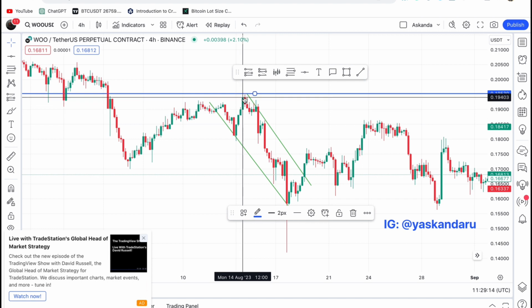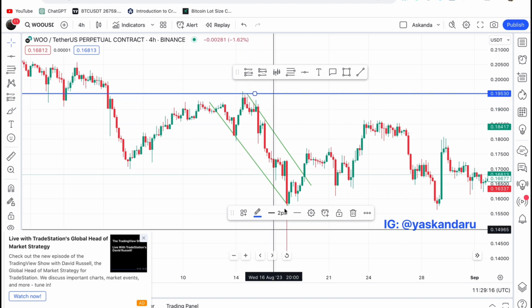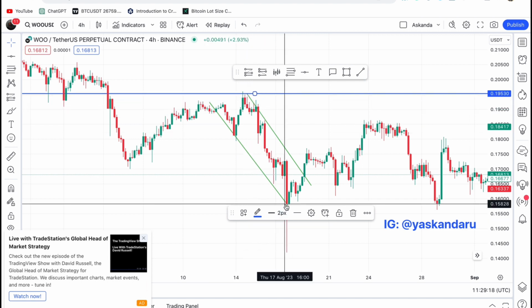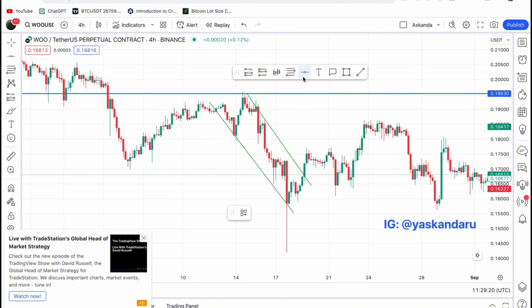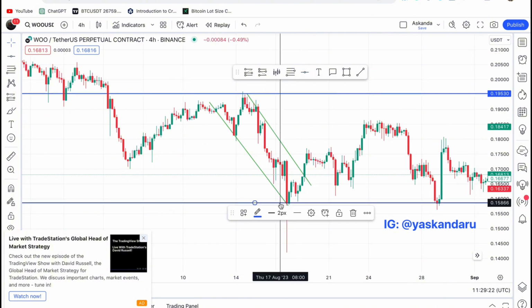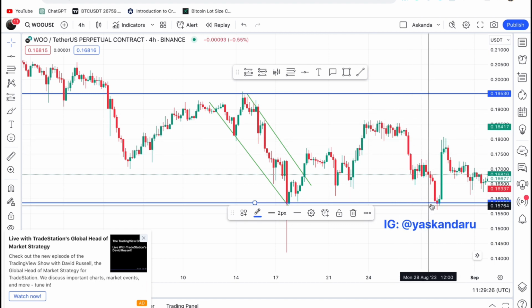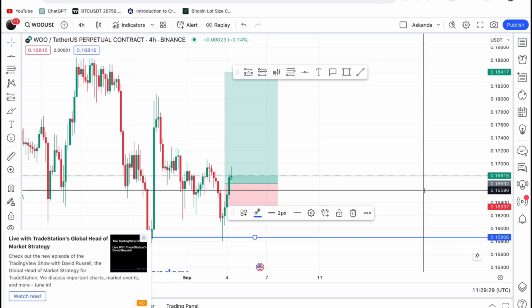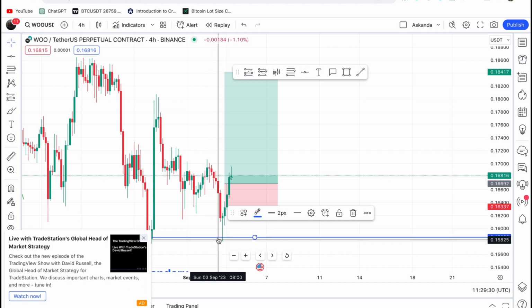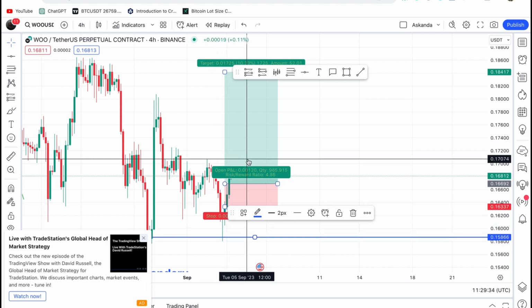We can see this is the resistance zone. Each time price proceeds to this place, it will turn to the downside, and this place is now the support level. So if I click on it again, then I click here, you can see price touches here, came down to the top, touches here again, then it's going back. You can see each time the price reaches this support level, it will reverse to the upside,